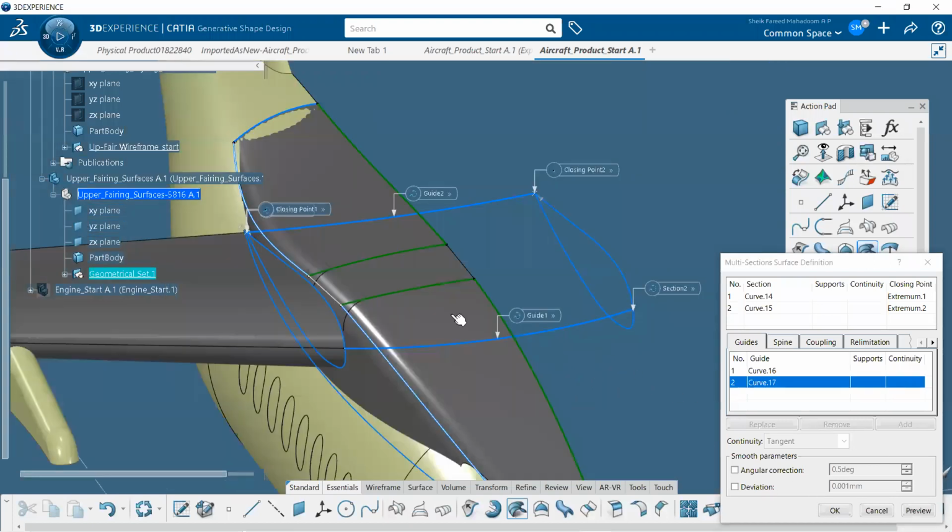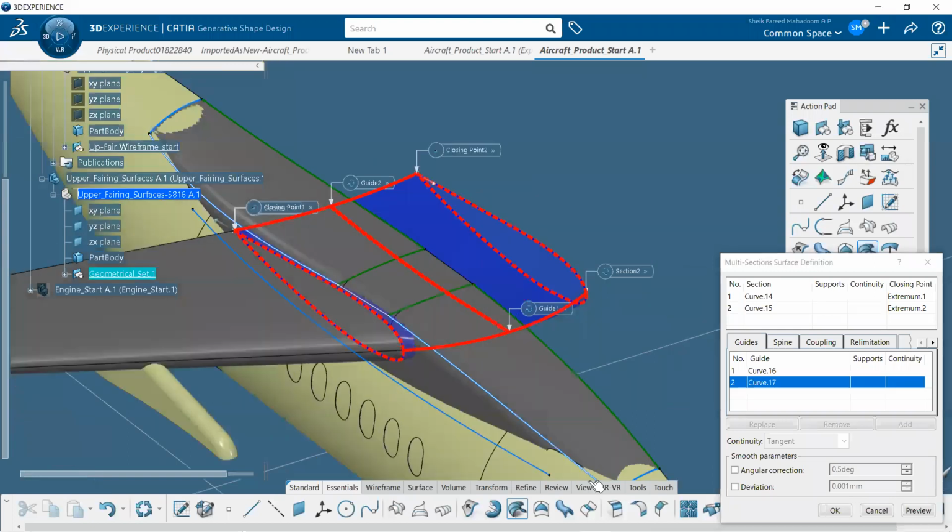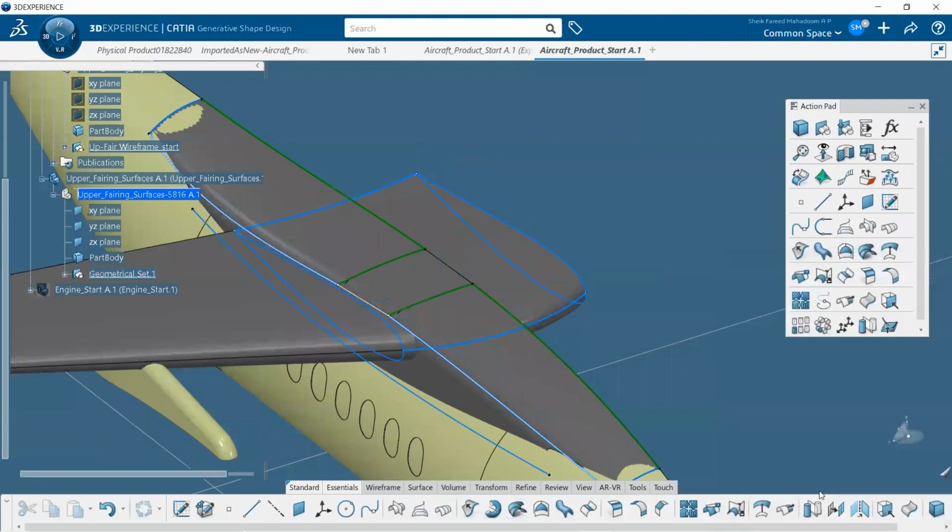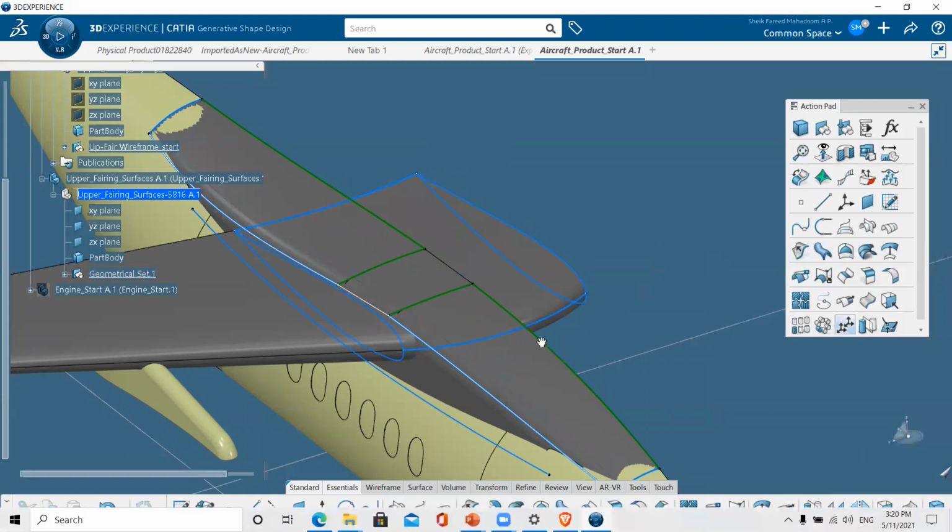I think the direction is not perfect. Check the direction. Yeah, the direction over here, and it should be over here as well. Preview. Okay, right. Now we created surface 1, the fairing surface, and surface 2, the wing surface.